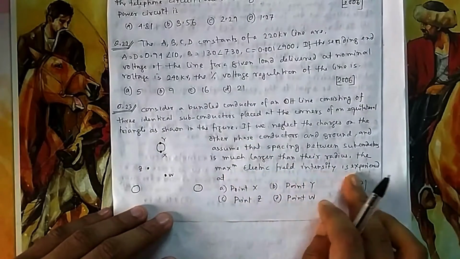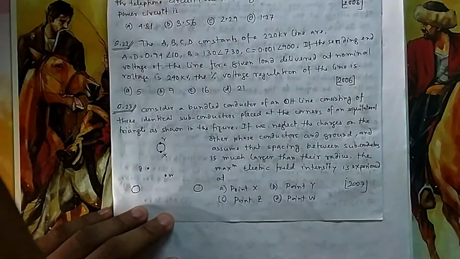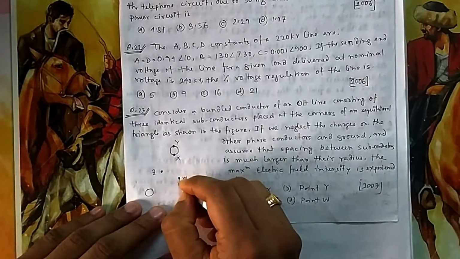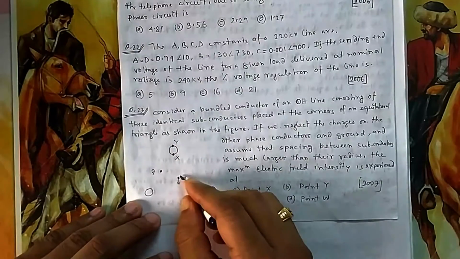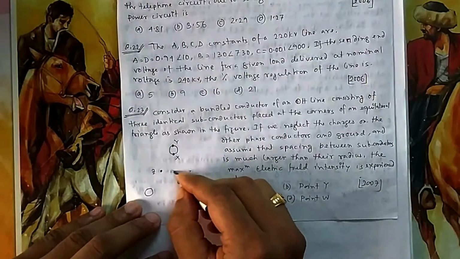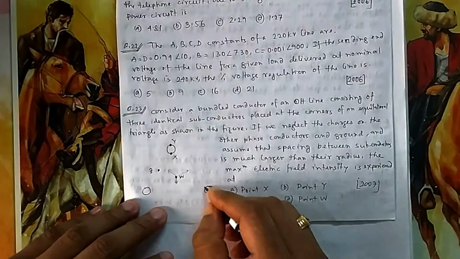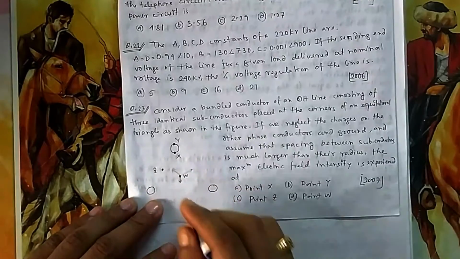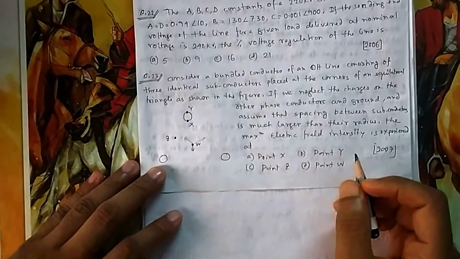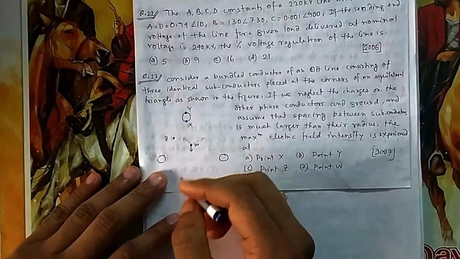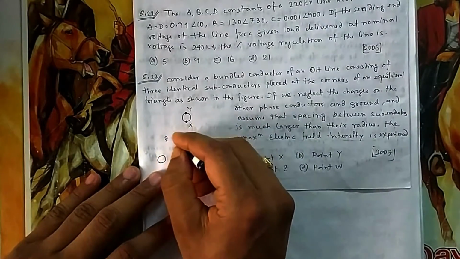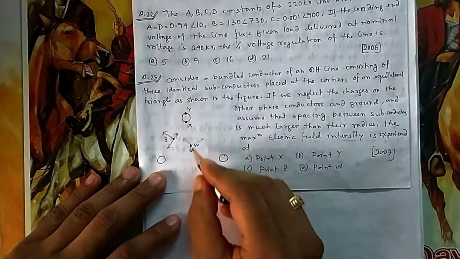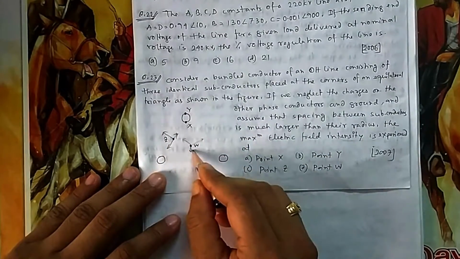The maximum electric intensity is experienced at which point? If you calculate the electric field here, what will be the electric field due to this? Positive charge, it will be going outward. This will also go outward due to this. Suppose all are positive, so the electric field will always radiate outward from them. Here you can see these will get cancelled. This is the scenario of the electric field. Where the electric field is more, the electric field intensity will be more. If you come here, this will push that side, this will also push that side, and this will push this side. So ultimately these two will cancel, and you will get this one. Here all three will get cancelled. So this is a little bit more than this one.